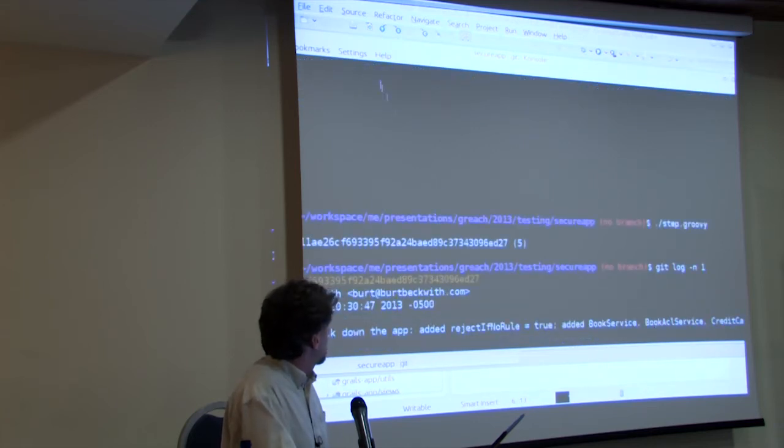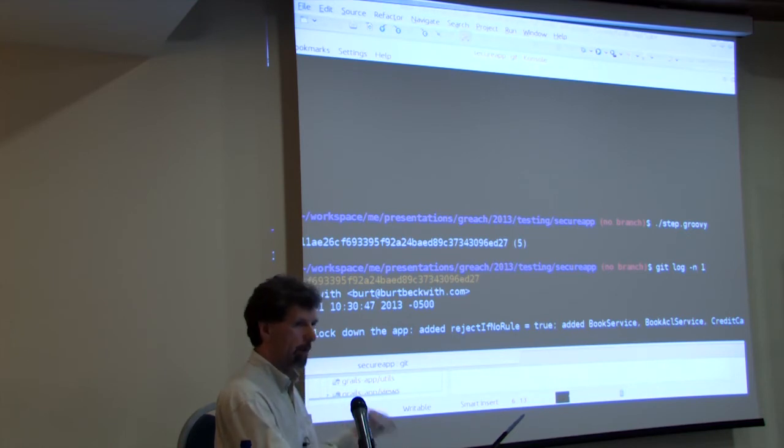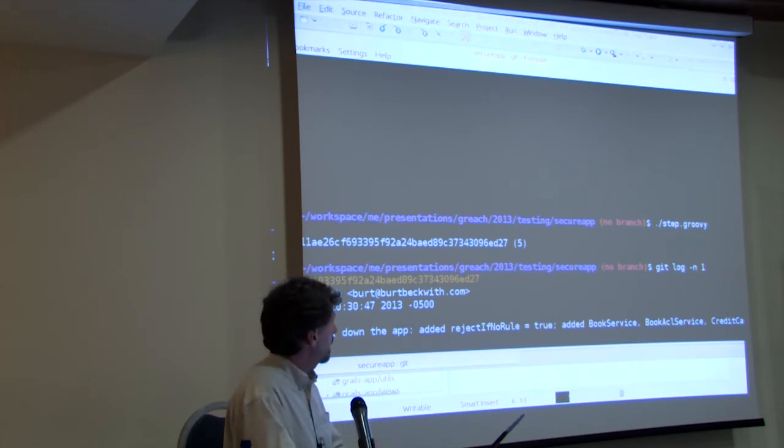Now, I talked about this earlier. I'm using reject if no rule. Now, that's the pessimistic approach where if you haven't configured access to something, you get denied access to it. If everyone can see something, you have to say everyone can see this. So what that means is that you have to do stuff like